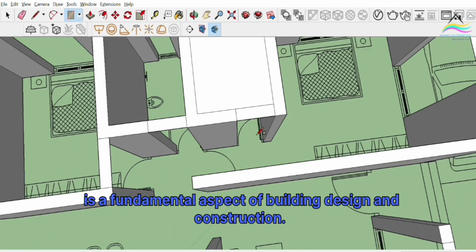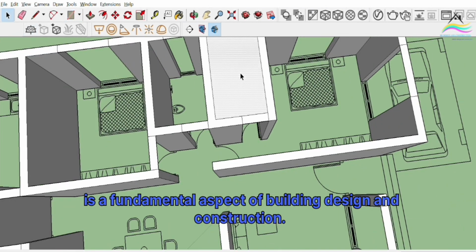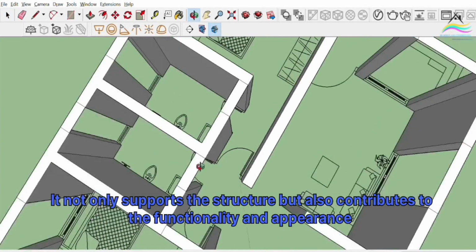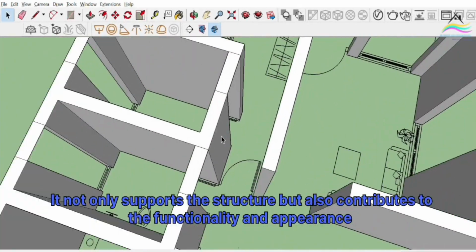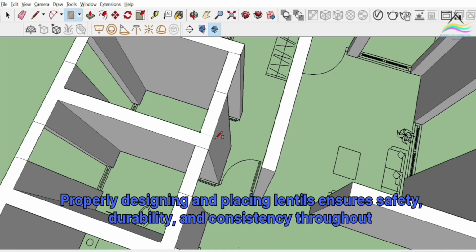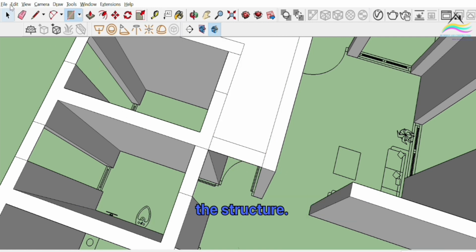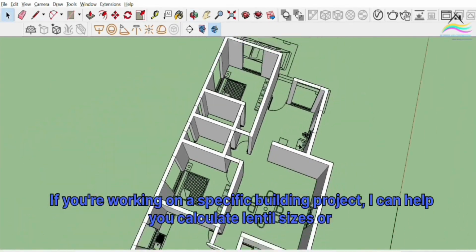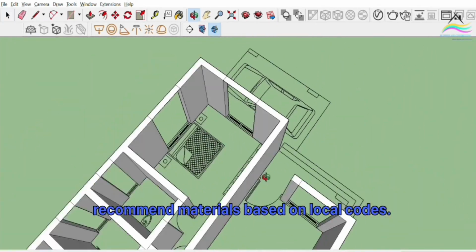is a fundamental aspect of building design and construction. It not only supports the structure but also contributes to the functionality and appearance of the building. Properly designing and placing lintels ensures safety, durability, and consistency throughout the structure. If you're working on a specific building project, I can help you calculate lintel sizes or recommend materials based on